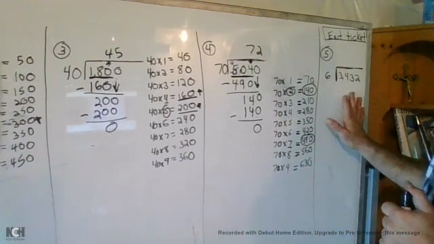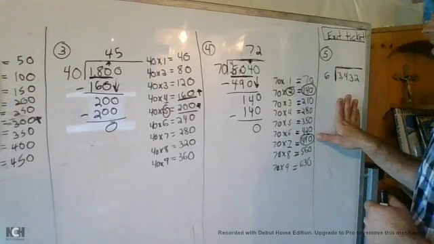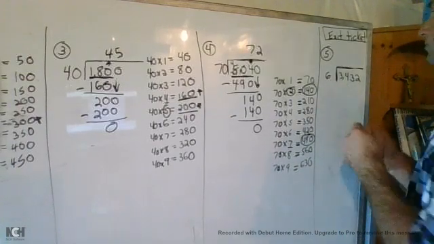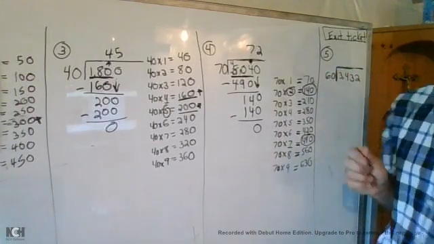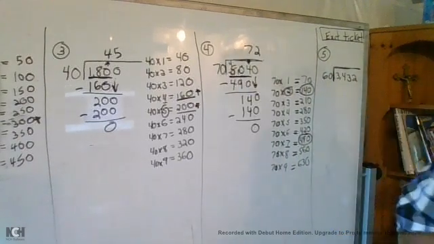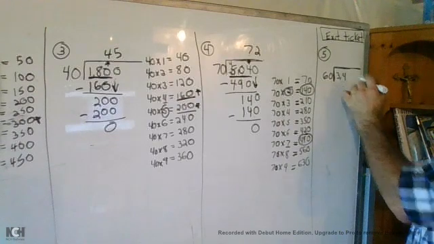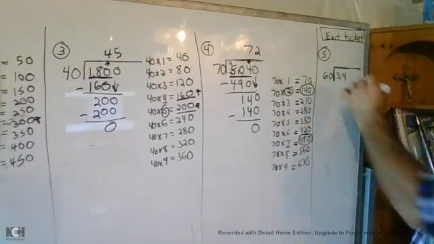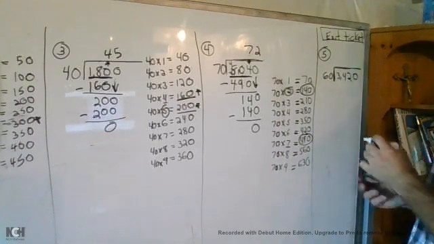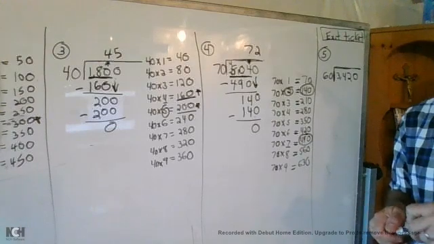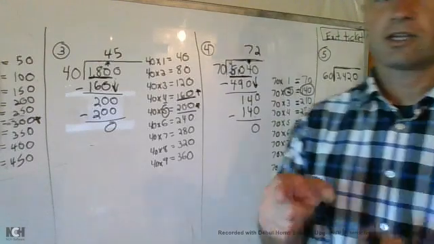So go ahead and do your exit ticket, which is 3,000. Oops, not 3,000. The exit ticket for today is 3,420 divided by 60. Go ahead, solve that in your packet,